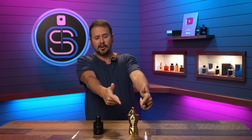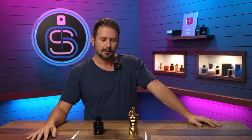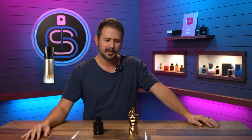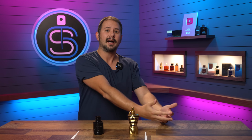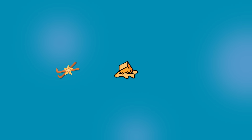And that moves us into the final category, which is uniqueness. Which of these fragrances stands out more against its peers? Le Male Elixir, while being a fantastic fragrance, does have some similarities to other things out there. Obviously, Le Male Parfum jumps to mind first, and then it's been compared to Armani Code Absolu by some people. And then there's also the fact that, as I talked about before, it's a vanilla-forward fragrance in a time of vanilla-forward fragrances for men. There's a lot of stuff out there right now that is making use of vanilla or caramel, toffee, chestnut, things like this that are not necessarily alike in terms of the fragrances being one-to-one, but